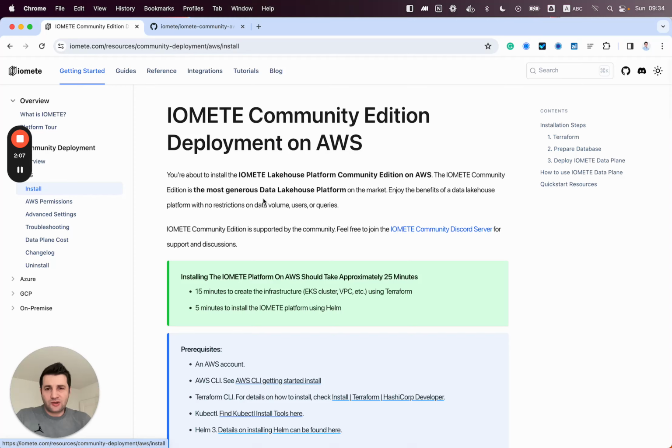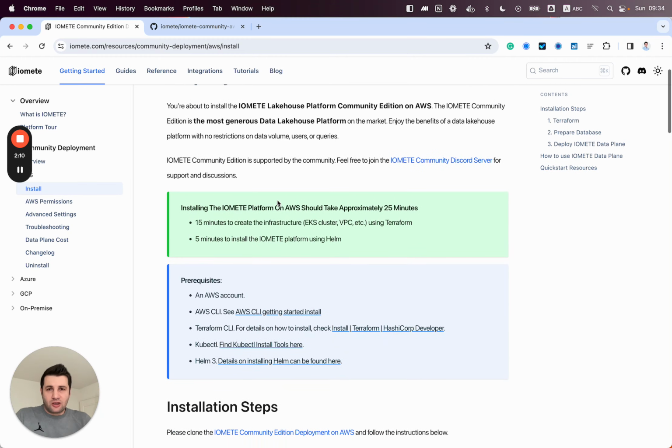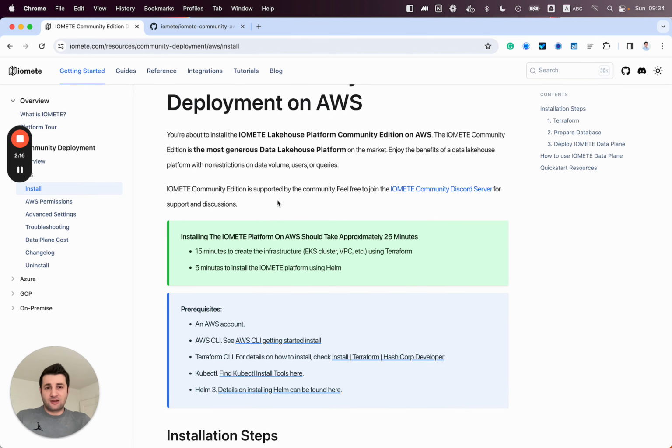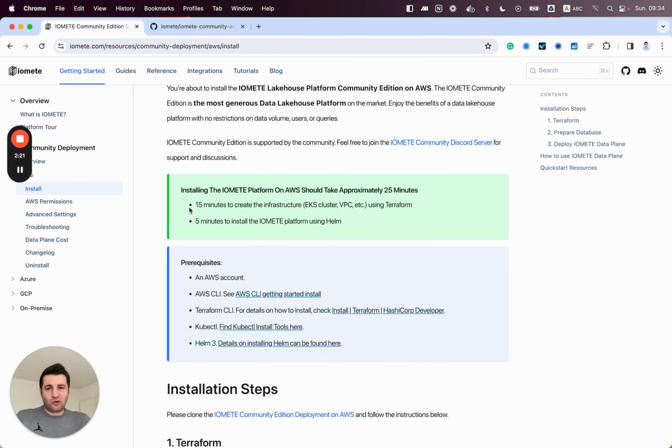Let's move to installation. The installation takes around 20-25 minutes, maybe max 30 minutes. Most of it is running the Terraform script.